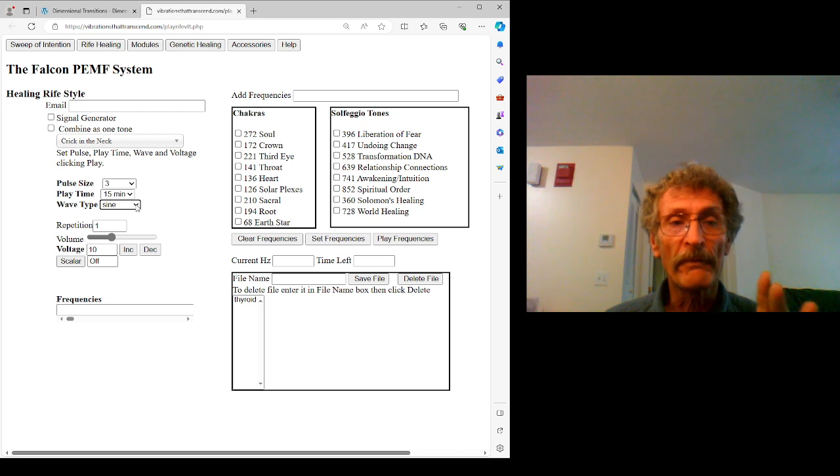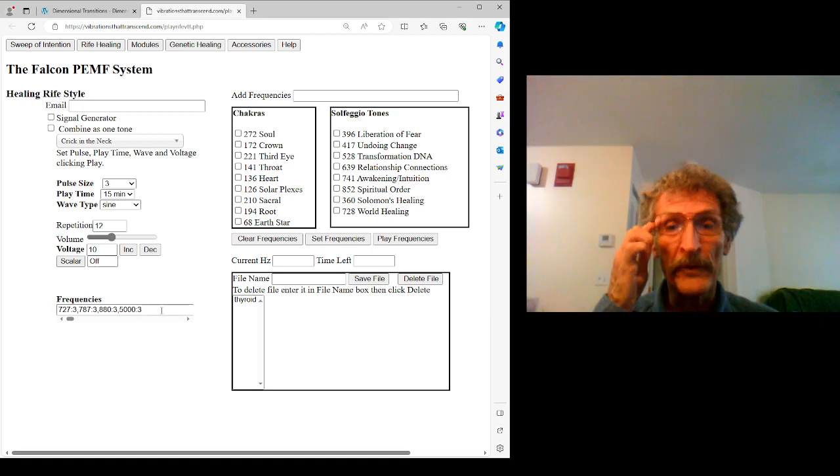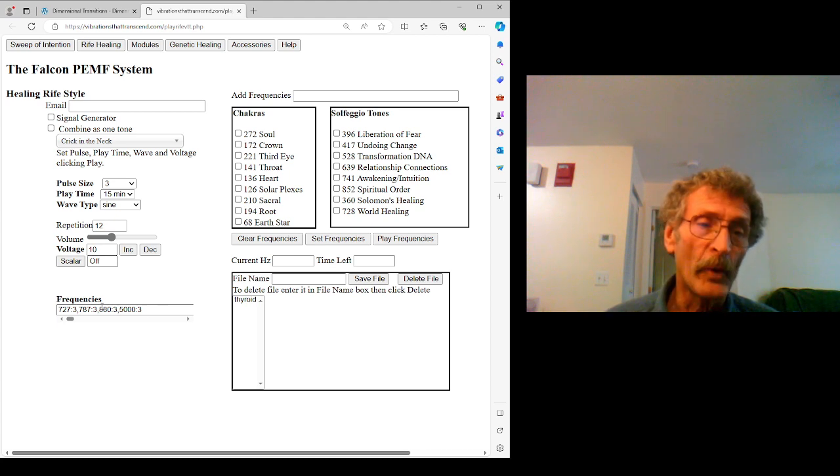Once you've made that selection, you have everything you need. You're going to set frequency. What happens here is that the frequencies associated with crick in the neck now show up at the bottom: 727, 787, 880, and 5000.